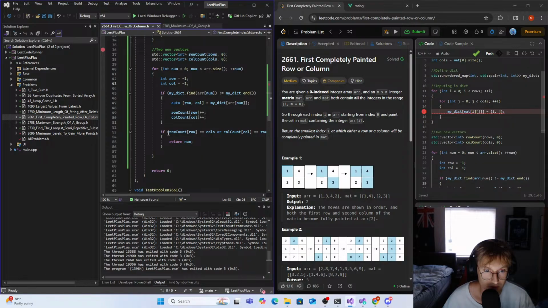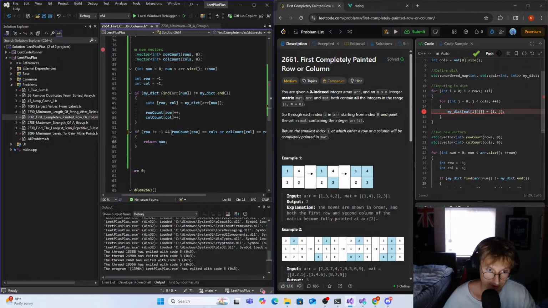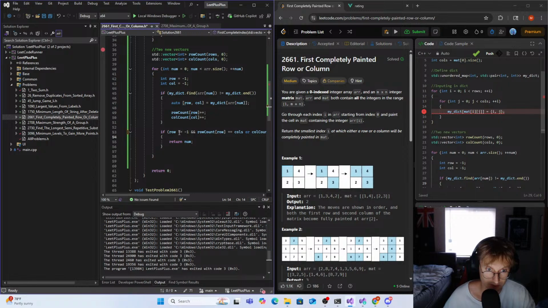So apparently we have to check here if row does not equal -1. And 'or' also works, I guess this could do. I guess we could just do 'and' here as well. I mean, it's the same thing. I didn't know C++ could do this till the other day, but